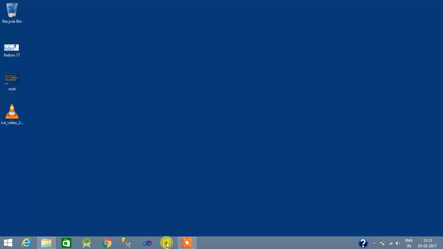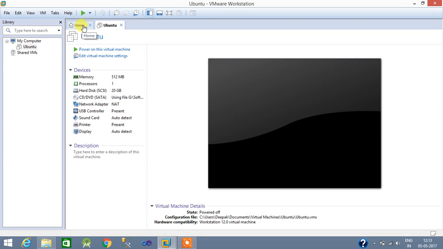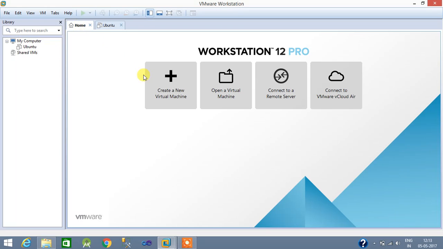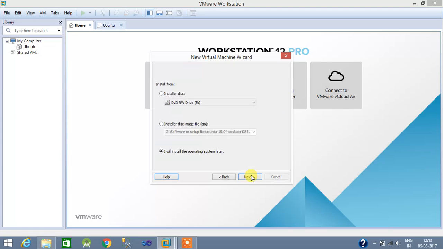So first of all, open VMware Workstation and create a new virtual machine. On the home screen, you can find the create a new virtual machine option. So here you can click and do the same procedure. First step, typical. Next,